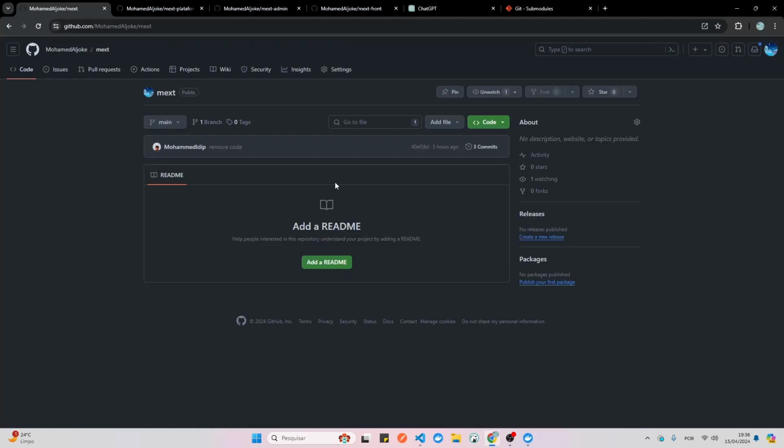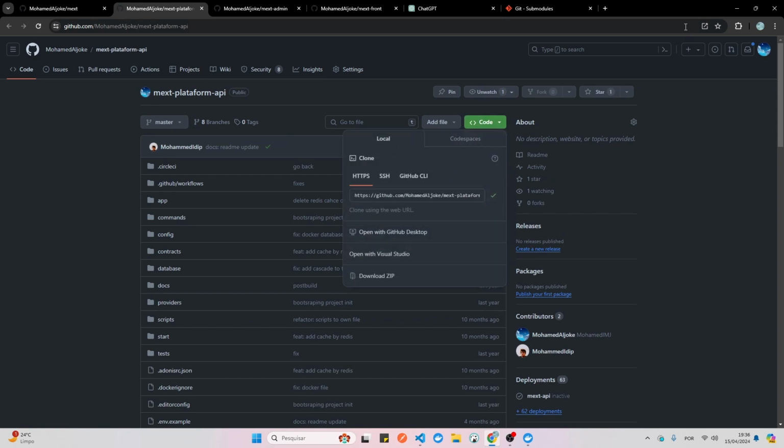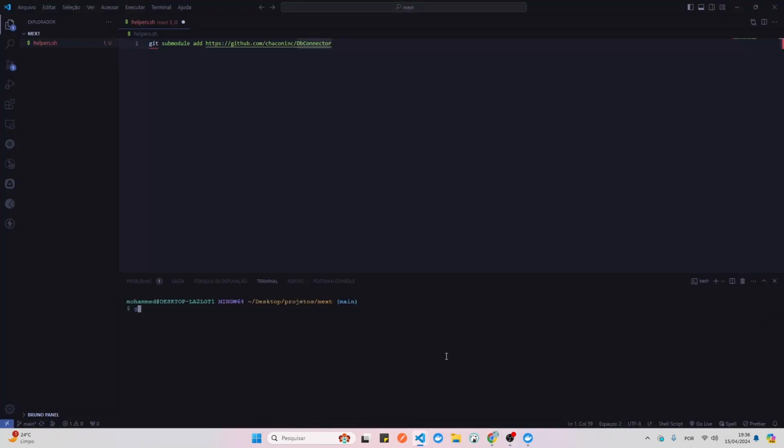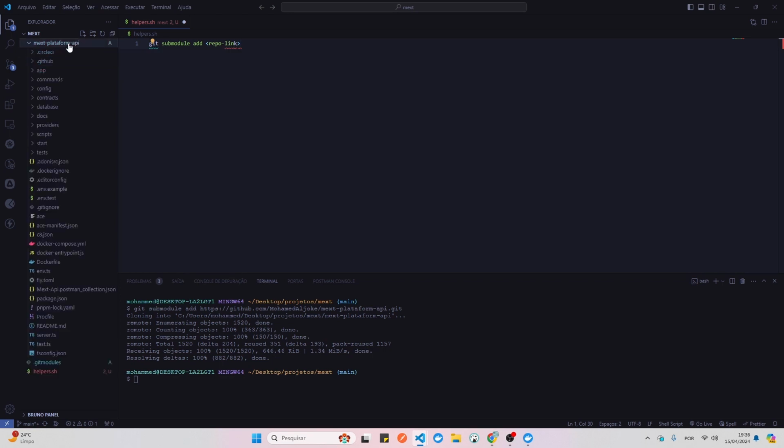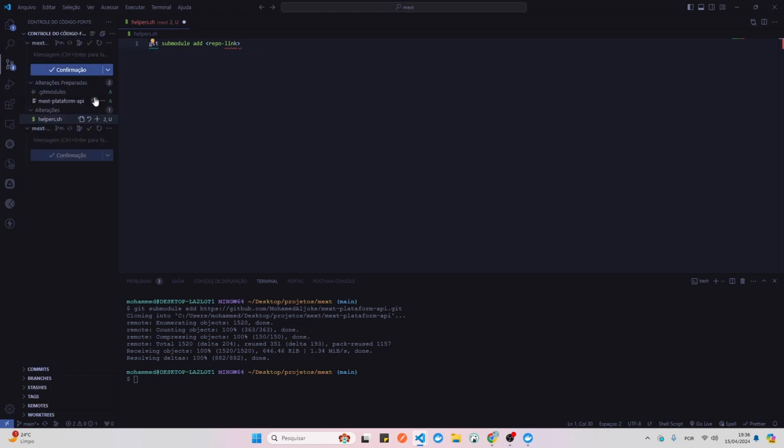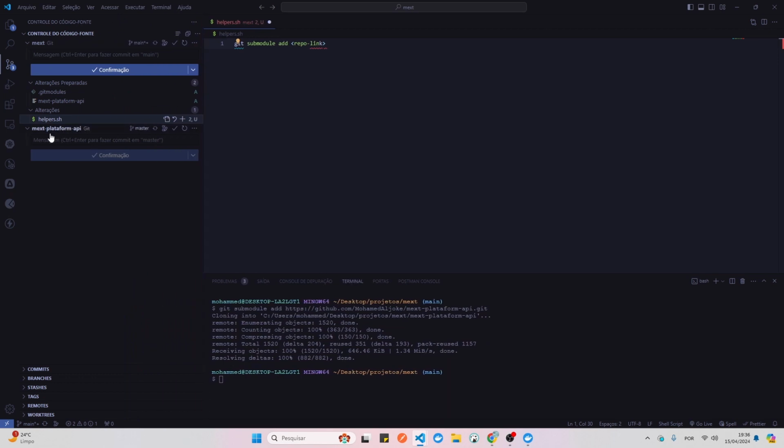git submodule add, and then we can take the link over here of the API and do so. It's git submodule add, and then the link for your repository. So now we have over here our Max, exactly that repository. When we commit it over here, we can see that we have the Max Platform API, the server, and the main repository. So let's say